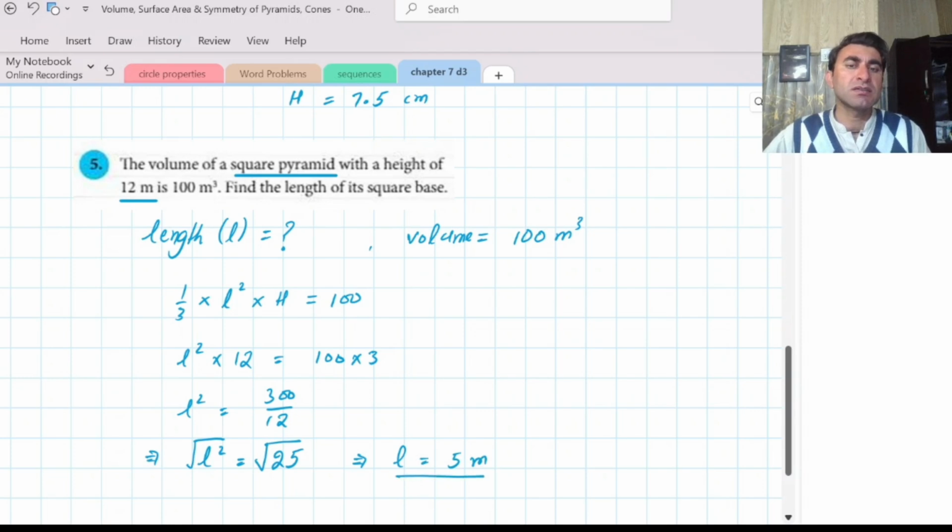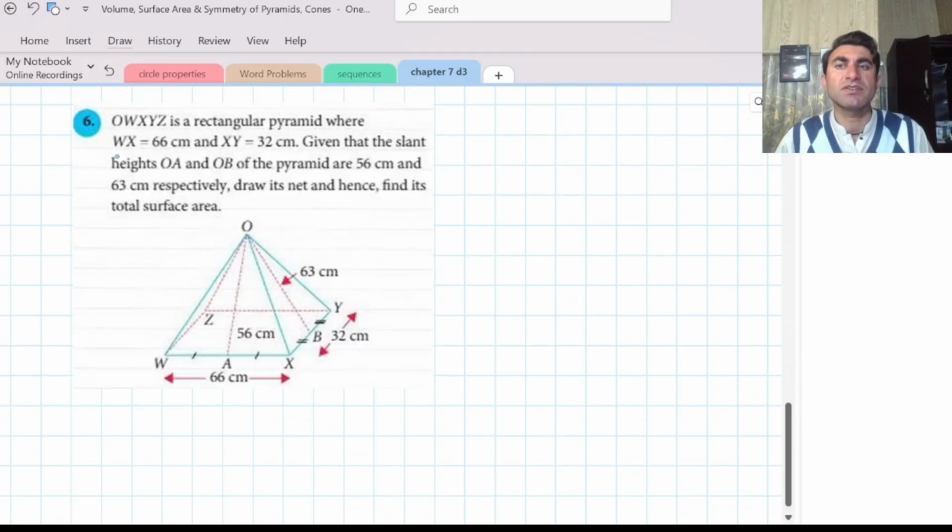So the length of the square base is 5 meters in question number 5. In question number 6,